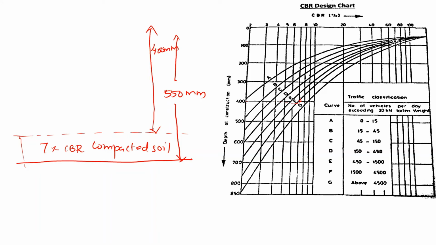Similarly, our next layer is poor graded gravel. Poor graded gravel, the CBR value is given as 20%. Again, check the graph for the value corresponding to 20% from the F curve, and it is almost equal to 210. That is, it is after 200, so we'll take it as 210. That means the cover required for this poor graded soil is 210 mm, or the thickness above that level is 210 mm. Then the next layer they have given is well graded gravel.